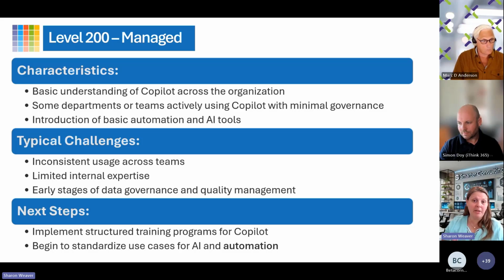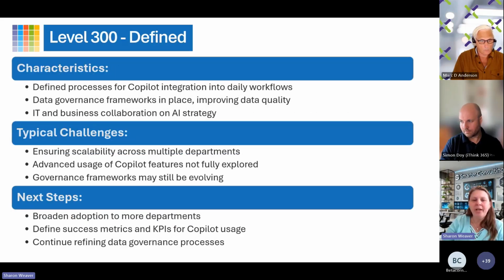Maybe a few MVPs in the company are like, come on, let's use Copilot. But the rest of the people are like, oh, I don't know about that. They're starting to think maybe we need to put some organization around this to support it. They're starting to standardize and look into it. So the next steps really would be working with them. If you're at a 200 overall and you're just trying to get there, maybe start putting some training programs together, start standardizing some of your use cases, start looking at some of your data, things like that.